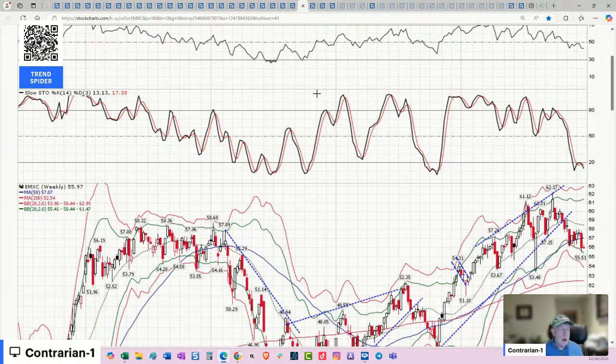When you want to buy emerging markets is when the dollar is weak. Why? Because these emerging markets are very much in debt, and that debt is denominated in US dollars. So if the dollar is going down, that probably means that yields are going down. And that means that the GDP is growing because the Federal Reserve is out there doing their monetary shenanigans. So what happens? GDP starts up.